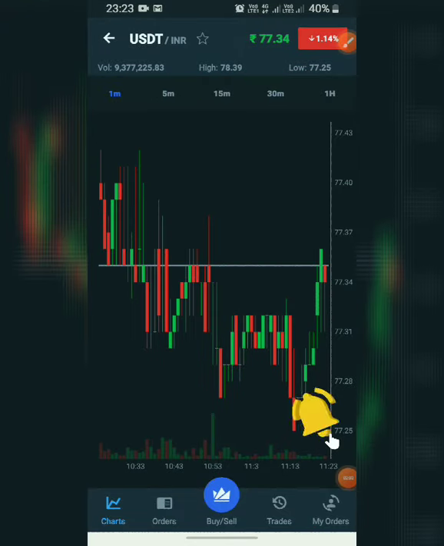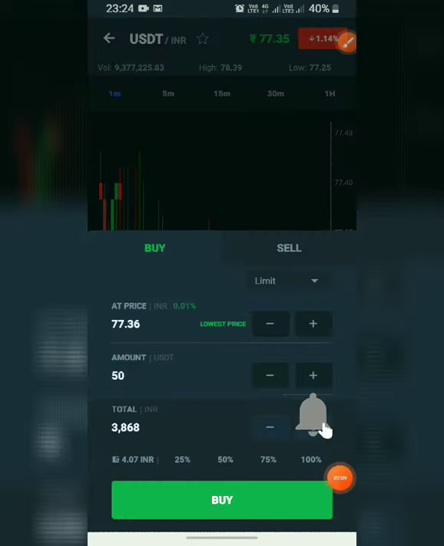When you click on buy or sell, directly enter the value, and as you see in the display, suppose the value is 50 USDT, the INR value shown there is 3868. Like this the value will come, and you can increase or decrease the value as needed. Suppose you don't have 50 USDT, you can enter 20 USDT or 10 USDT as you want to change.